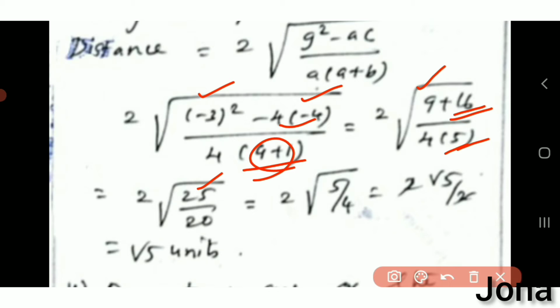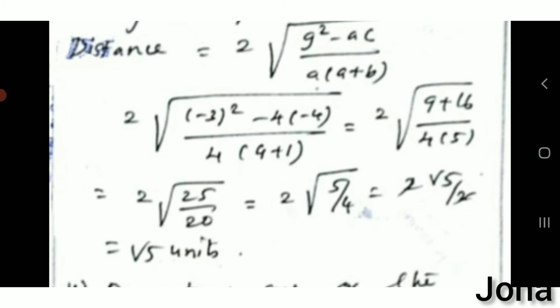Divided by, here we have 4 5s are 20, isn't it? So, here now we got 4 into 5 there. We can cancel this 5 and 5. We got 1 by 4. For the 4 it is nothing but 2 only there. So we can take this as 2 root 5 by 2. We can cancel these 2 and 2. Therefore, the answer is root 5 units.